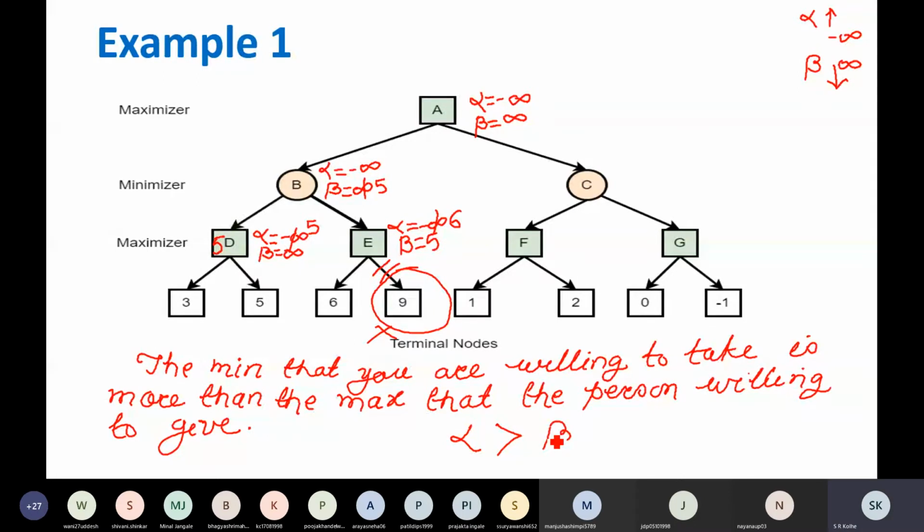That means here there is a maximizer node. So the minimum that the maximizer wants is more than the maximum that the other person is willing to give.